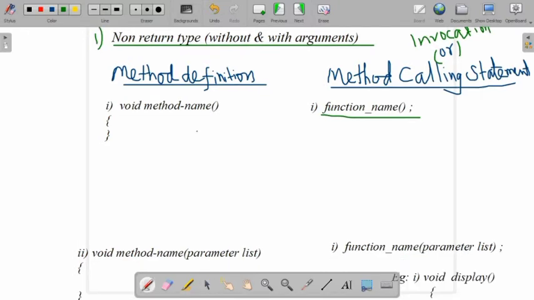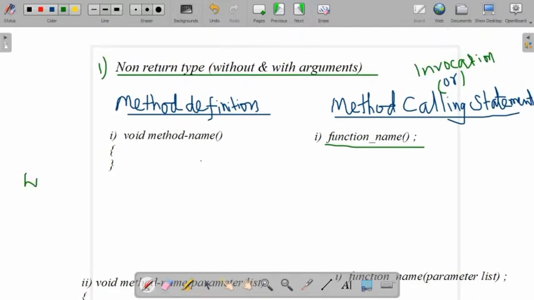Just imagine we need to print a message of welcome using a method. How are we going to define that method? We are printing only the message welcome.